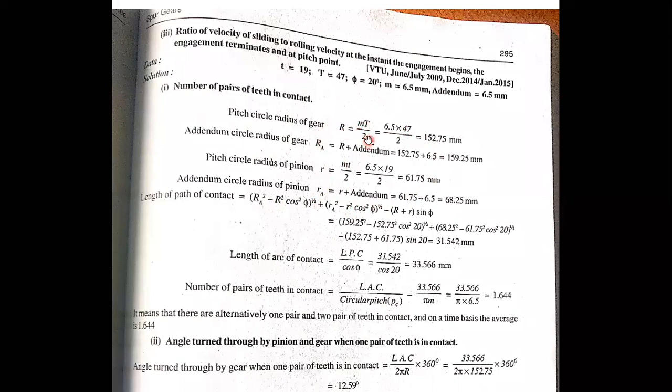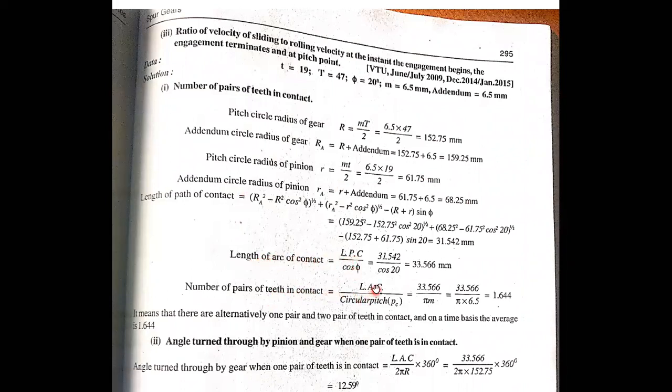Capital R is equal to MT divided by 2. RA is equal to capital R plus addendum. The addendum we know, so substitute and you can calculate R. Substituting this value, you will get 149.25. The pitch circle radius of the pinion, that is small mt divided by 2, you know well, is 61.75. Therefore the addendum circle of the pinion, Ra equals small r plus addendum, gives 68.25 mm. Therefore finally you can calculate the length of path of contact, then the length of arc of contact, then finally